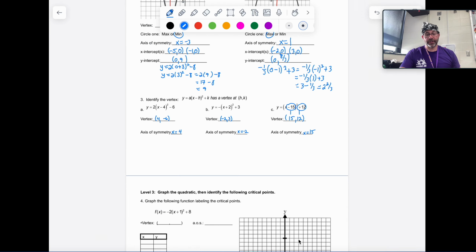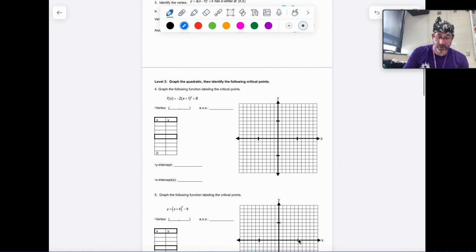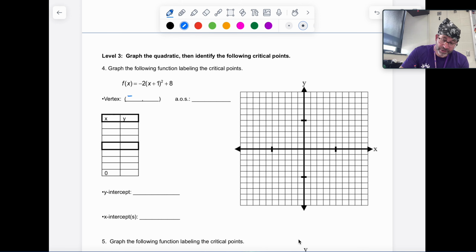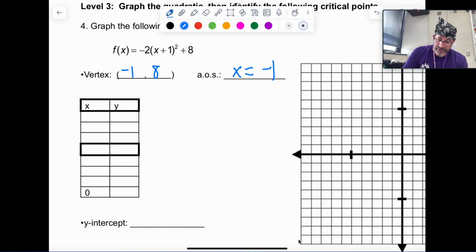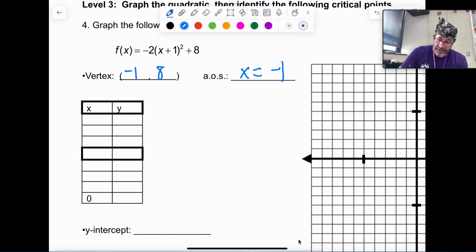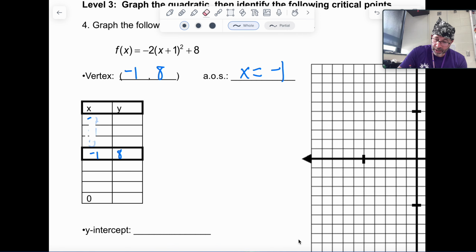Okay. So now let's get down to where we're actually making some quick graphs here. Okay. The vertex is at negative 1, 8. Axis of symmetry is x equals negative 1. The x-intercepts, we'll get to that in a second here, are going to be when we do negative 1, positive 8. So we'll go 2 down, negative 1, negative 2, and then 2, sorry, I just did those wrong. It'll be negative 2, negative 3, negative 4, and then we'll go 0, 1, 2,